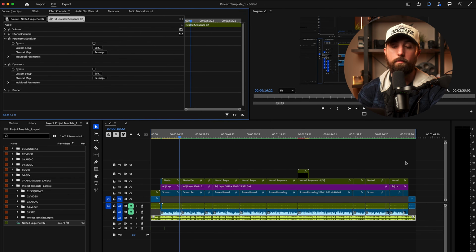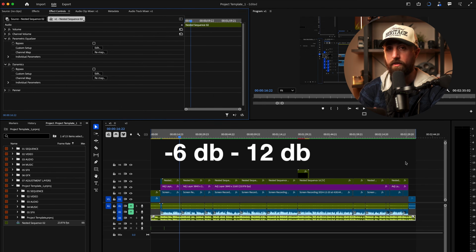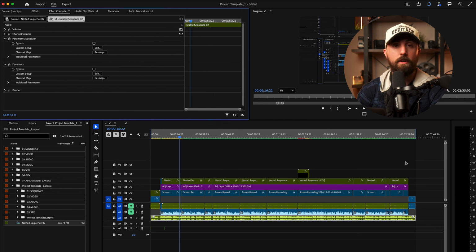The biggest thing is you want to make sure that those audio levels fall between -6 and -12 dB. That way they're not too loud and they're distorted, or they're too soft and you can't actually hear what the person's saying. Now it's time to go find a music track, and you can find tracks anywhere, but the most